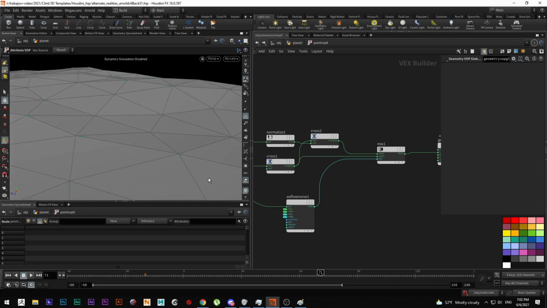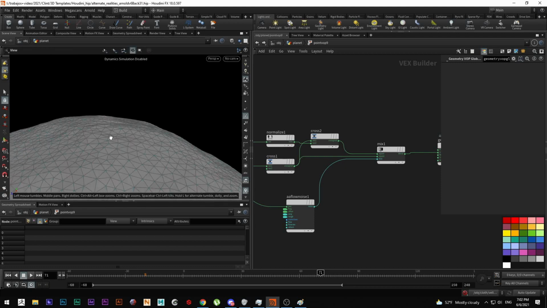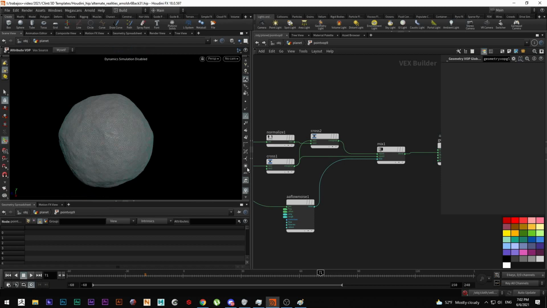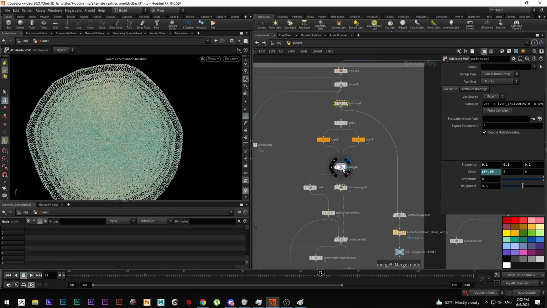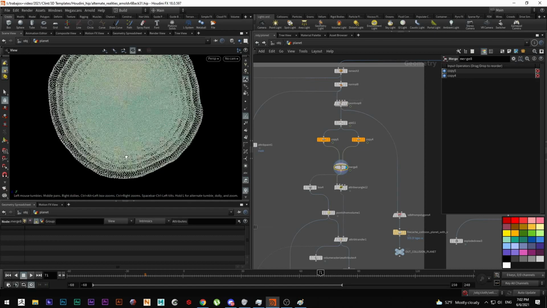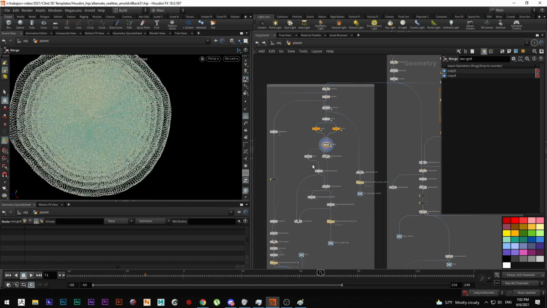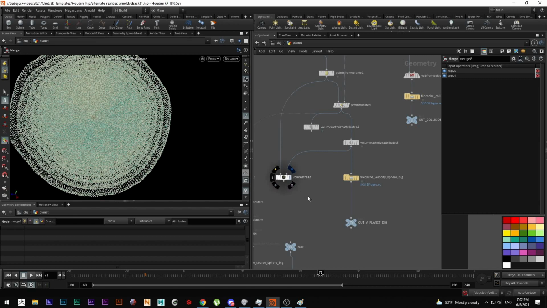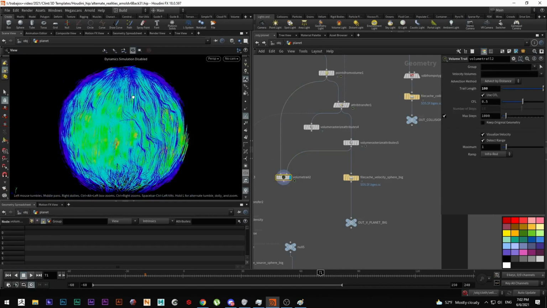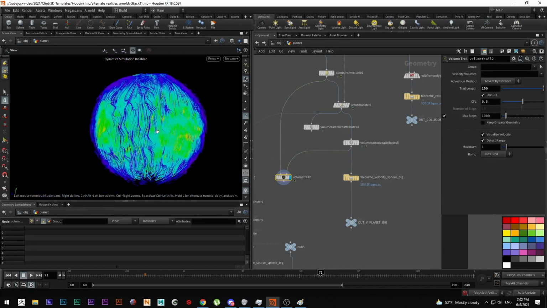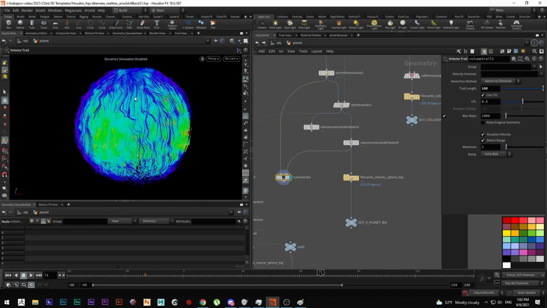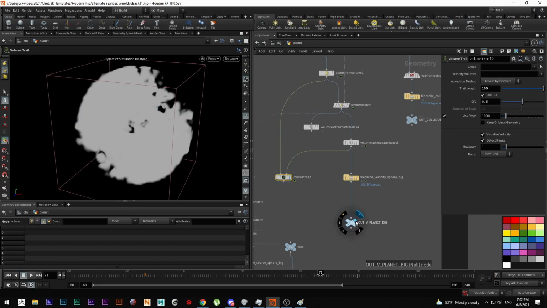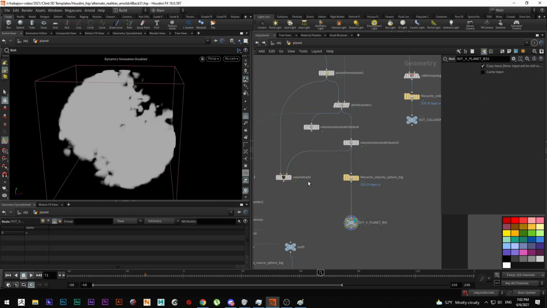I have some vectors going along the side of the mesh. This is going to be the velocity. I'm also adding some points to create another velocity field that creates a downwards velocity field from the top to the bottom. I save this as a volume,